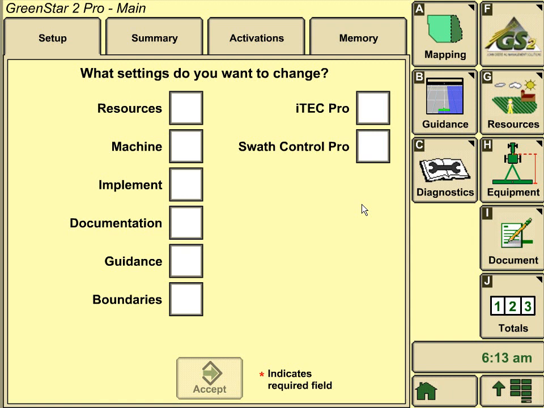One thing a guy can do when you go to set up documentation, if you know all the fields that you have to put in required data, we can just go to the respective tabs over here on the side, resources, equipment, and documentation, and put those in there and do it that way. But we're just going to go through the actual setup sequence, what it would take. Over here, we're just going to click on documentation. We could do guidance or whatever else it is that we're doing,